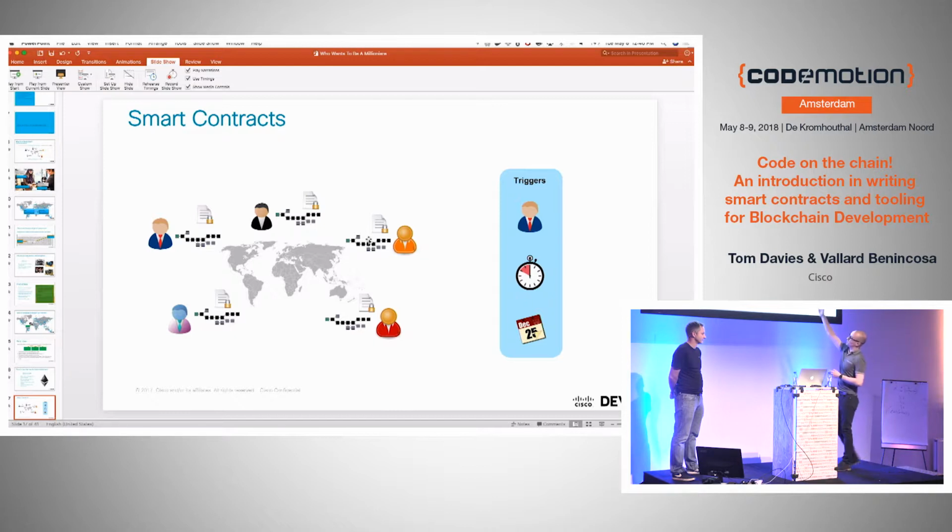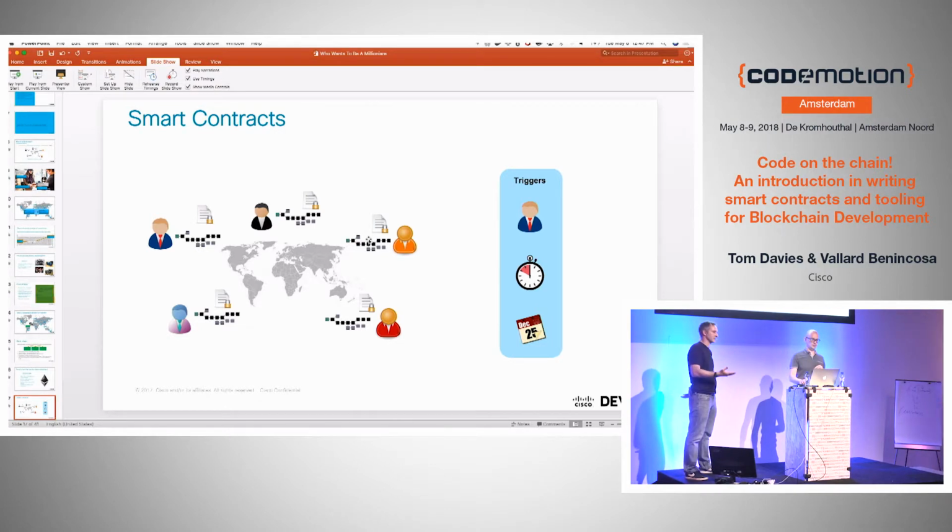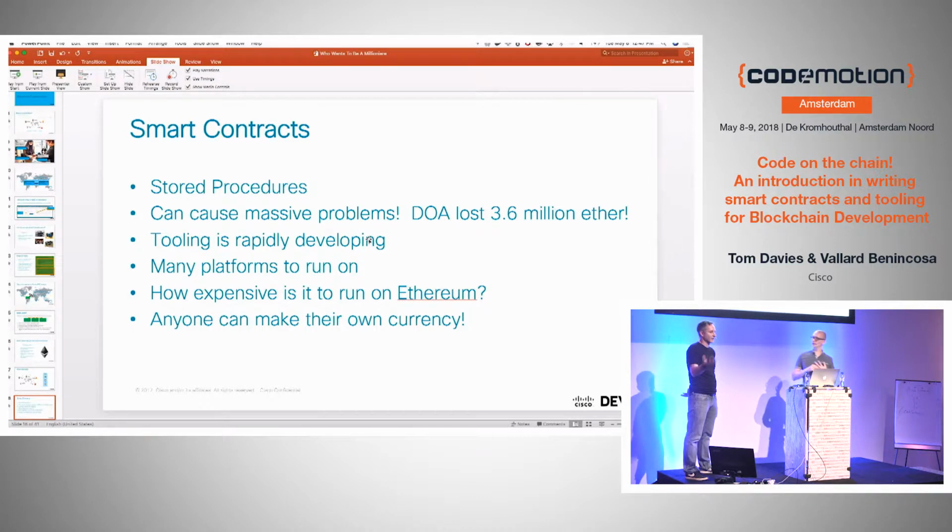The smart contracts themselves, so just code on the blockchain. There are types of triggers to call smart contracts. You can explicitly call it. You can wait for a date function, say on Christmas Day, you all get paid 100 Bitcoin. Yay! Or you can do it on a time basis, like over a period of time, we will release this many coins, and it will execute itself. Smart contracts can also call other smart contracts, so you can cause a waterfall effect through different smart contracts calling different ones. And this is why sometimes you hear a lot about blockchain with IoT together, because of the different devices talking to different devices. Each other. Yeah, exactly. It's a marriage made in heaven.